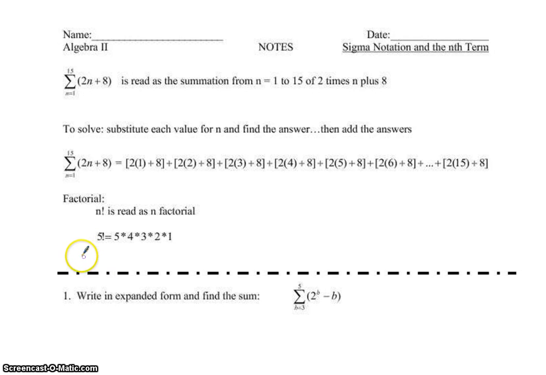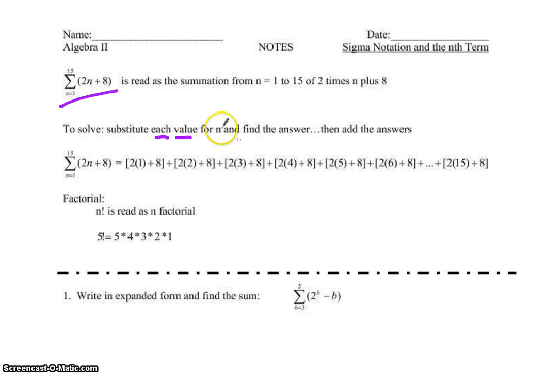Okay, Algebra 2, we're looking at sigma notation and the nth term today. If you have something like this, it is read as the summation from n equal 1 to 15 of 2 times n plus 8. So summation is your sigma notation symbol. From n equal 1 to 15 comes from the numbers at the bottom and the top, and then you say what's at the end. To solve it, to figure out what it is, you substitute each value for n and